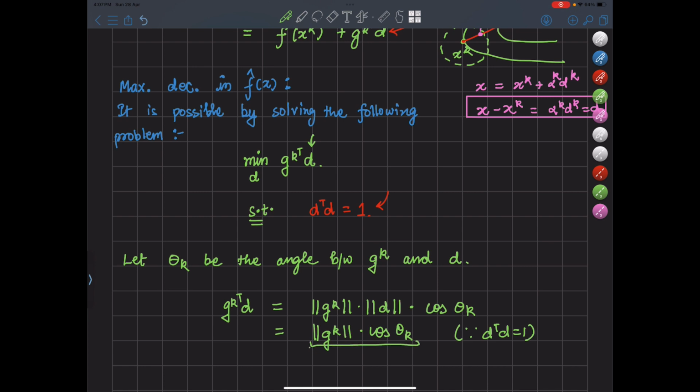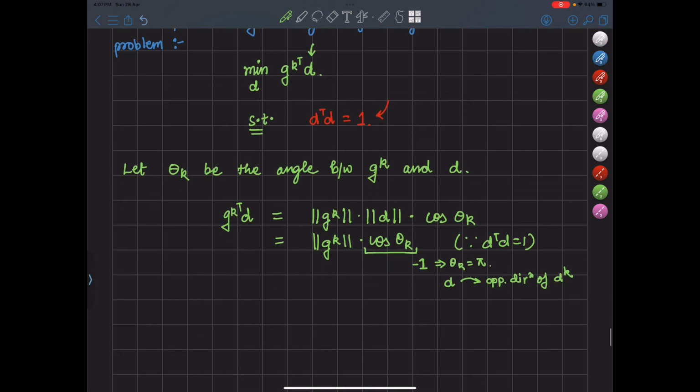Now gk is fixed for a given xk, right? What is the least value? It depends only on theta k. So what is the least value of a cosine function? It's -1, right? And for theta k equal to pi, which means d is in the opposite direction to gk, right? So the solution to this problem,